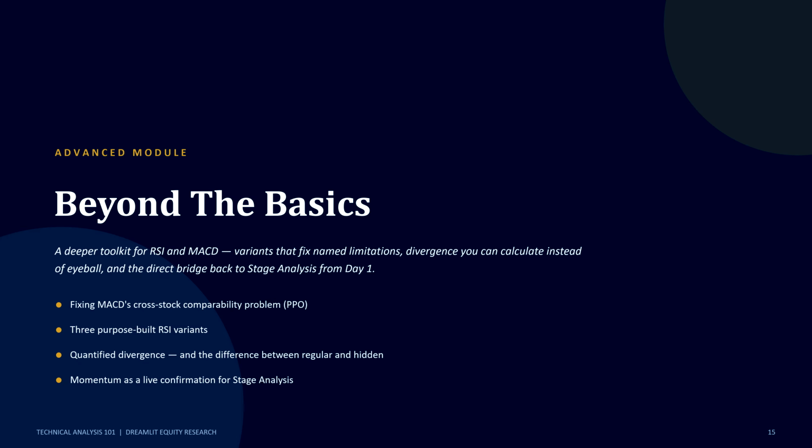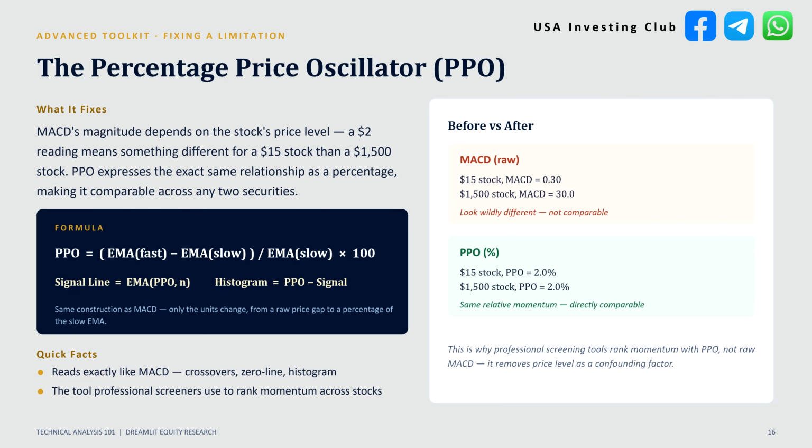Let's start with PPO. Here's the specific problem PPO solves. MACD's magnitude depends entirely on the stock's price level. A $2 MACD reading means something completely different for a $15 stock than it does for a $1,500 stock. The percentage price oscillator expresses that exact same relationship as a percentage instead, making it directly comparable across stocks of wildly different prices. The formula: PPO equals the quantity fast EMA minus slow EMA, divided by the slow EMA, times